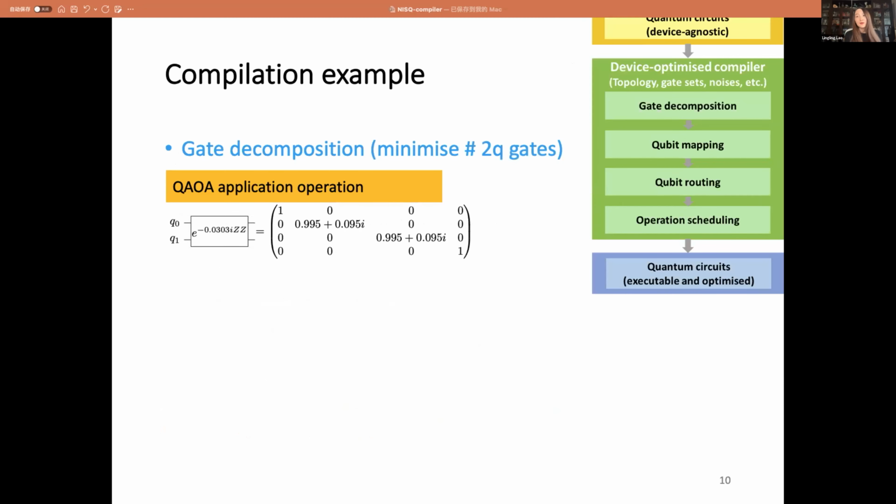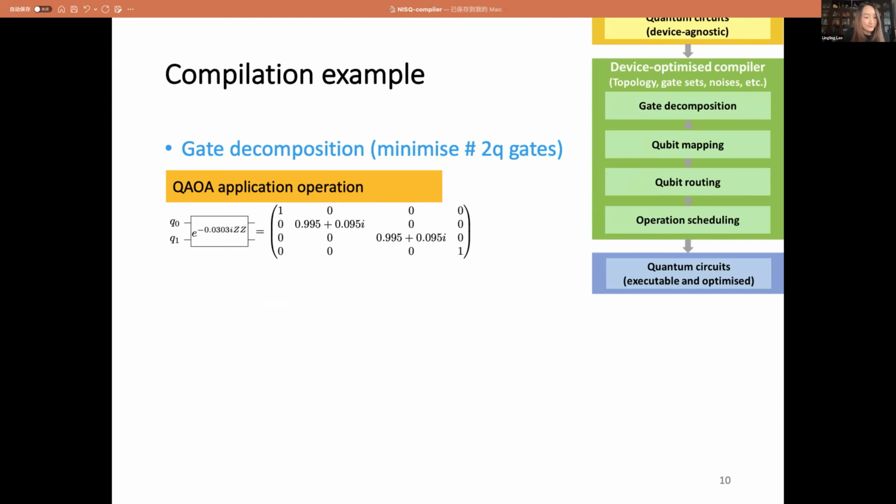Here we will show one compilation example and go through every compilation step. First, we have the gate decomposition procedure. For example, if we want to decompose a QAOA application, this shows the QAOA operation, which is a 2 qubit ZZ interaction.